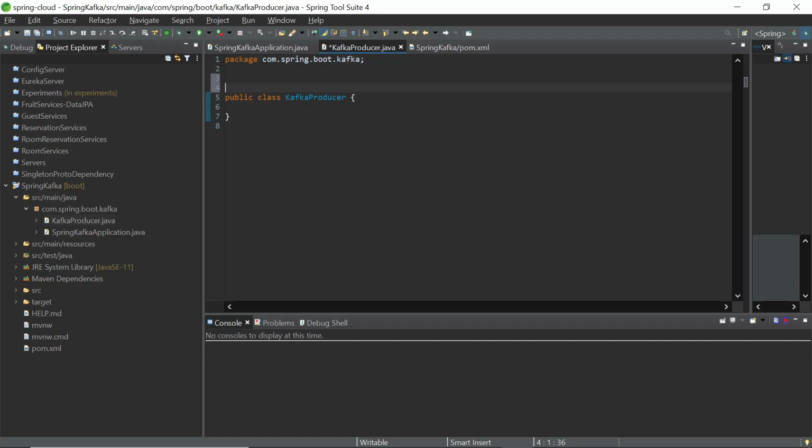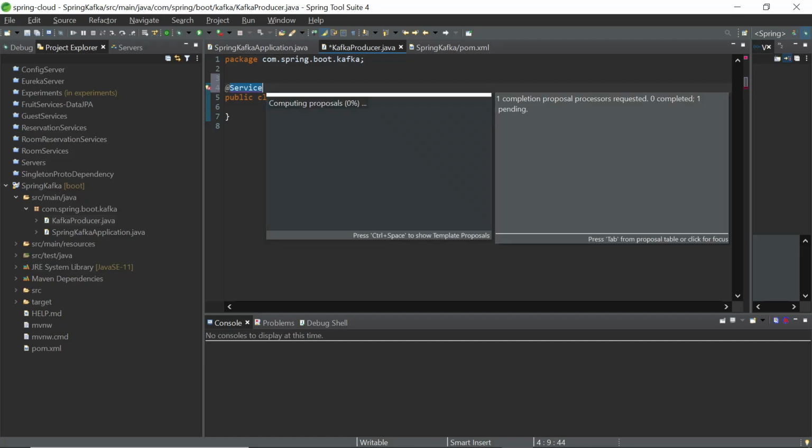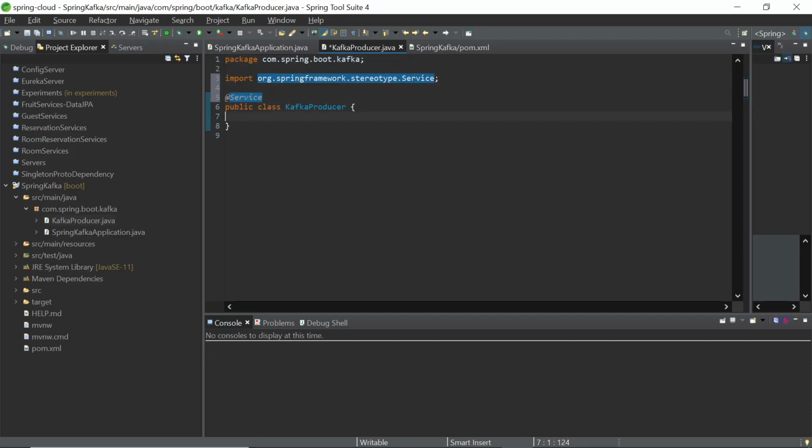First of all, we will need to make sure that this is exposed as a service. Okay, and we will need to use something called a Kafka template.